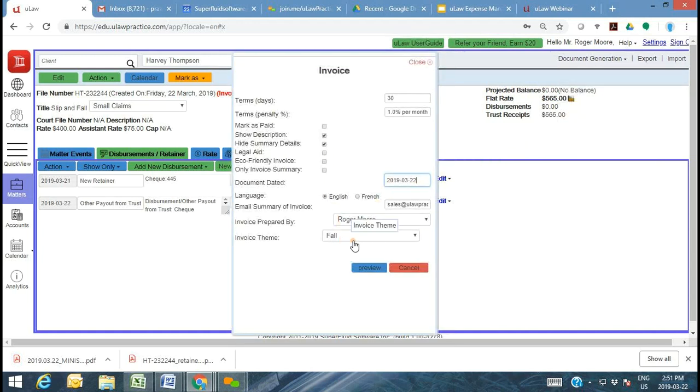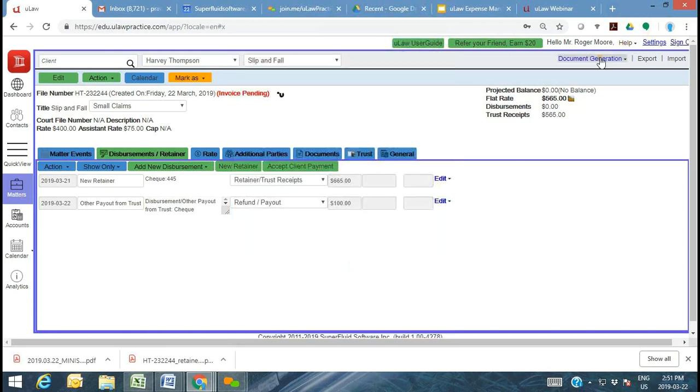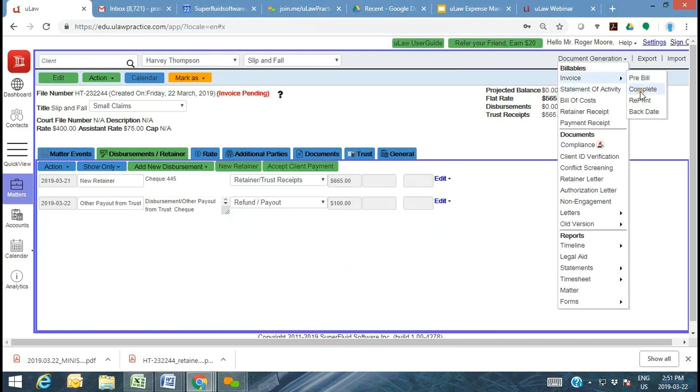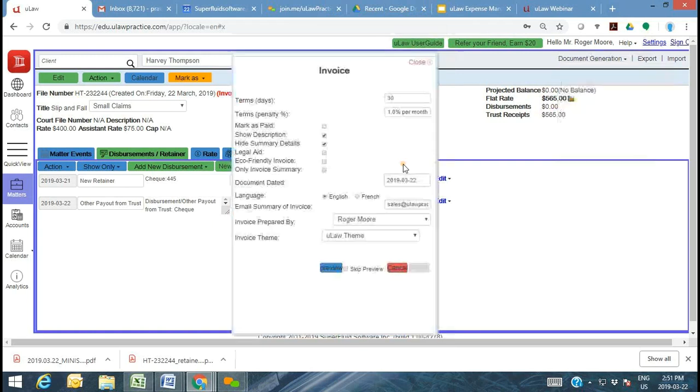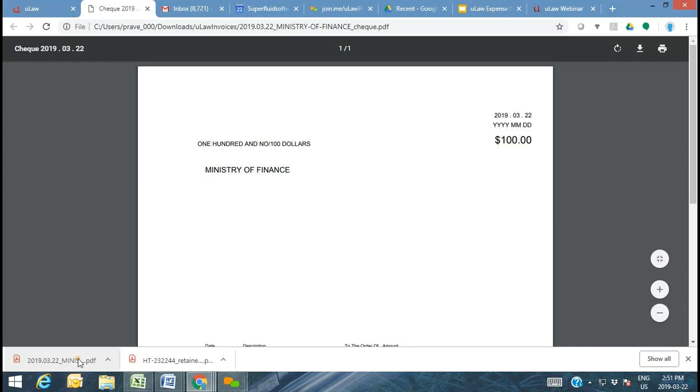Again, I have another 10 minutes. Let me skip that and I'll jump into an actual invoice. I'll say complete. But we do recommend that you do a preview prior to sending them out. You can even mark this as paid because there's really no more money for the client to pay you. Choose the date and you generate the invoice. In the meantime, let me show you what that check looks like. You can see this is drawn out to the Ministry of Finance for $100,